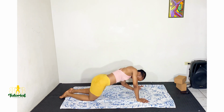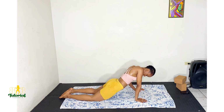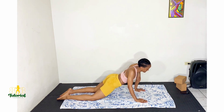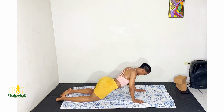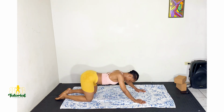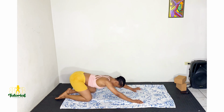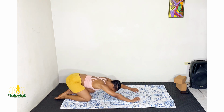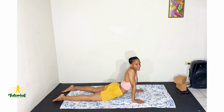3. 4. 5. Repeating opposite side. 1, 2, 3, 4, 5. All right, relax. From here, we're going to go into a pigeon pose, and we're holding it for 20